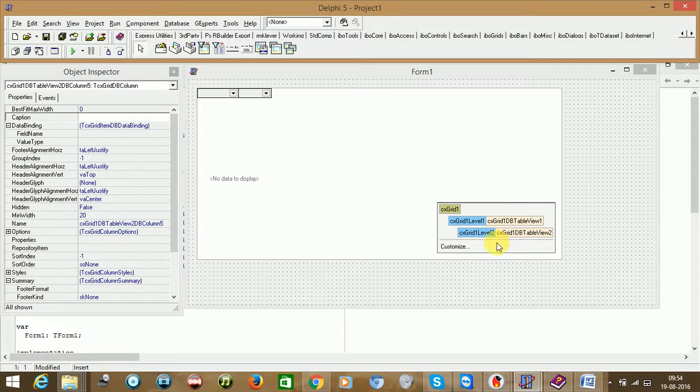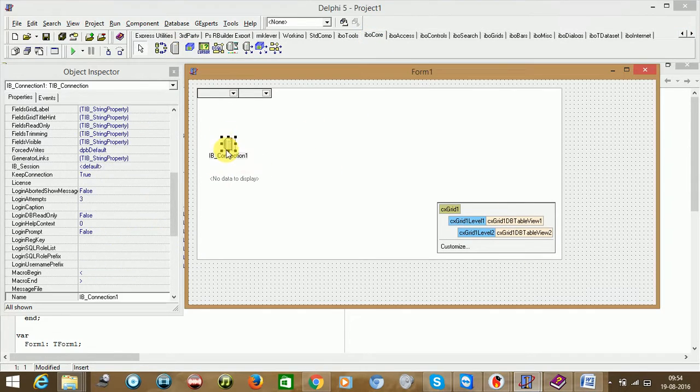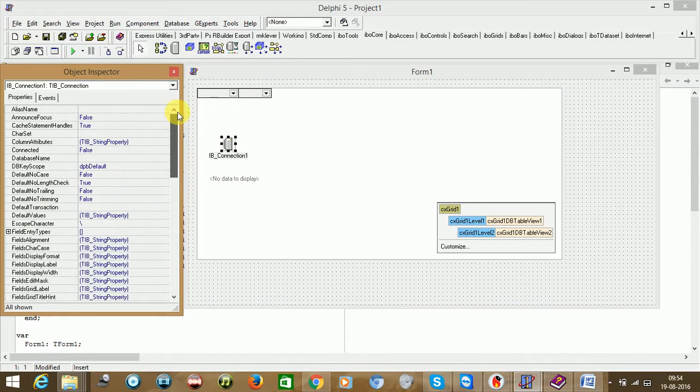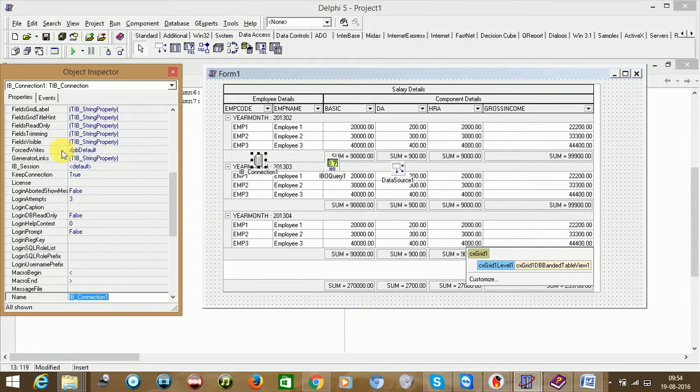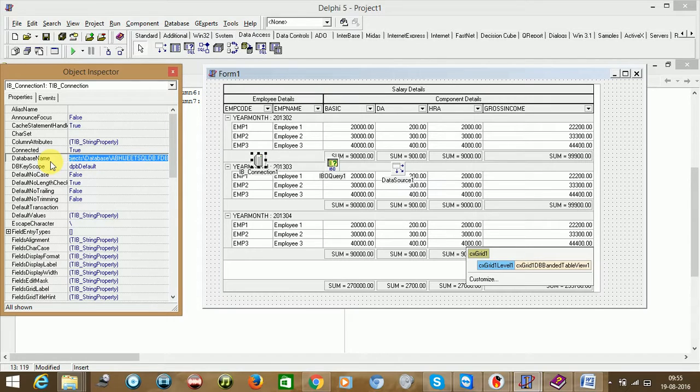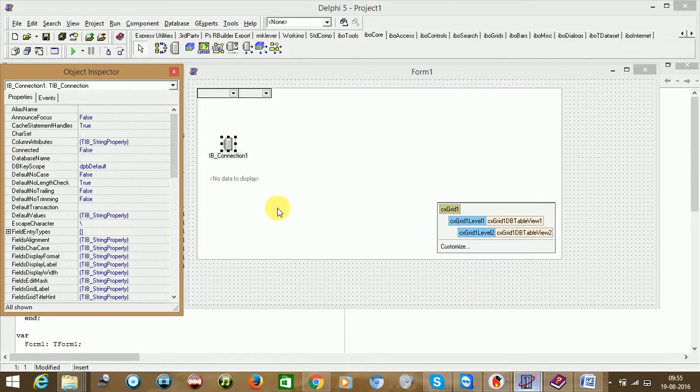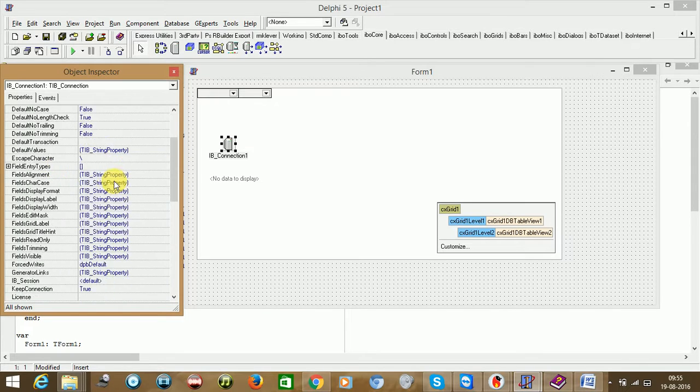But for this we will be having one data connection component. So first set up our data for that, and I think we can just directly copy from here as well. Come back here and then say database name.